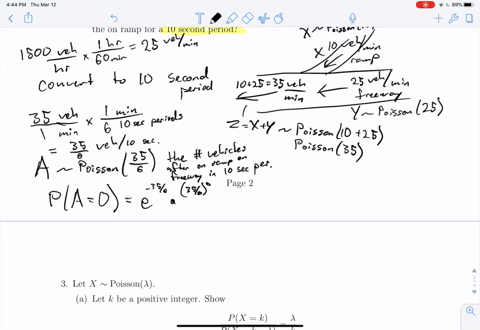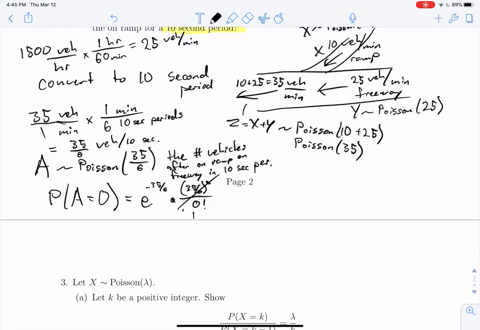So this whole term is just going to be 1 over 0 factorial. This is all just 1 equals 1. So this is equal to e to the negative 35/6, which equals